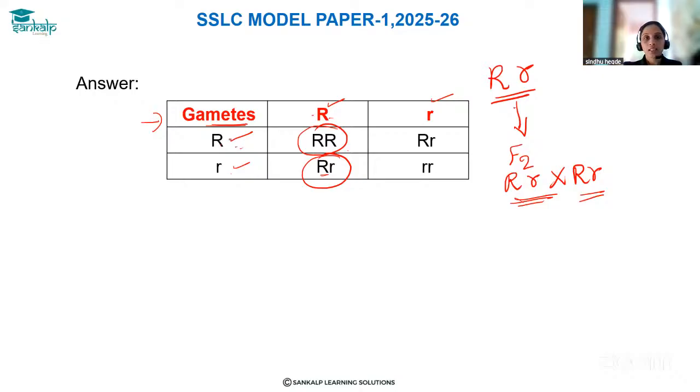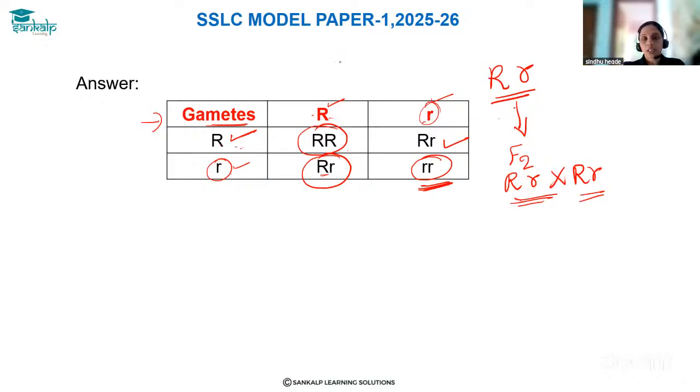Then again this capital R is crossing with small r, it gives capital R and small r. Then again this small r and small r crossing gives two small r's. So this indicates the homozygous recessive. The small letter is always recessive, right? So here, what we have to do first is